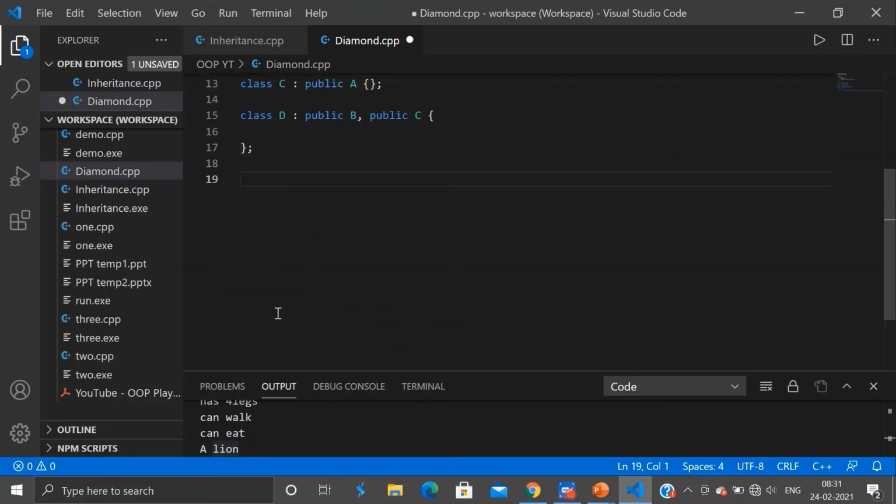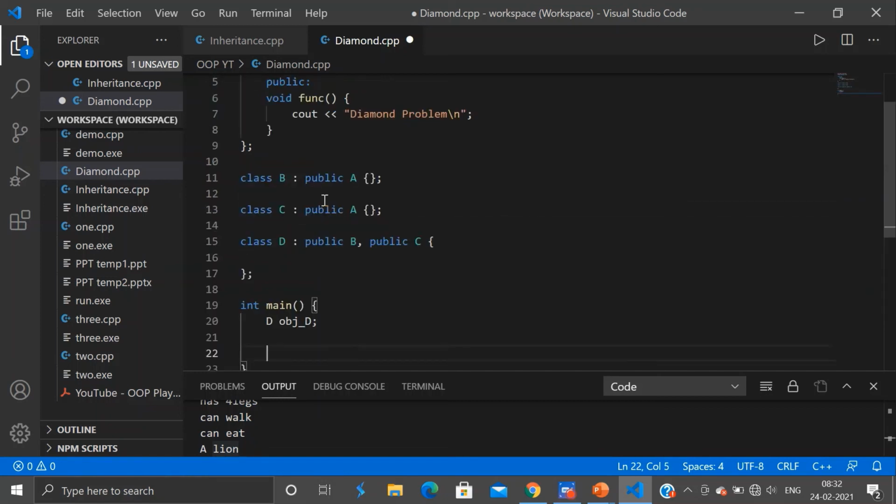Now let us create our main function. And inside this function, we will create an object for our class D. Let's say objd.